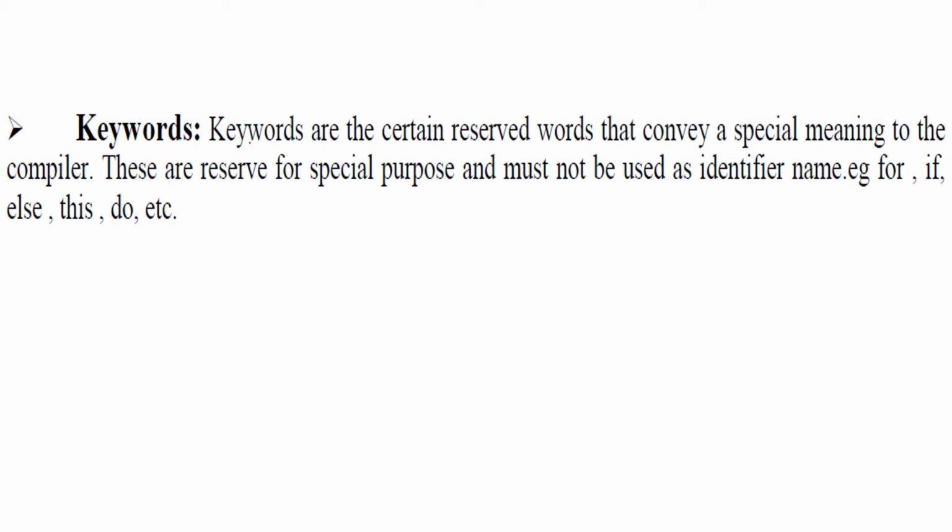Keywords. What are the keywords? See, a programming language always has certain words which are known to the compiler. These are reserved for them. So keywords are nothing but the reserved words that have a special meaning that conveys to the compiler. A compiler understands these in a certain way. So these are the reserved words for a special purpose, doing something, and